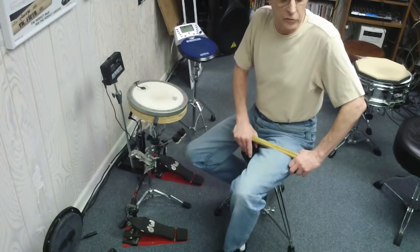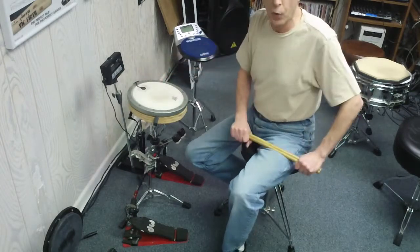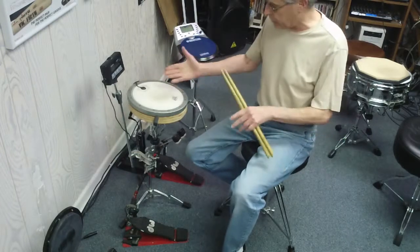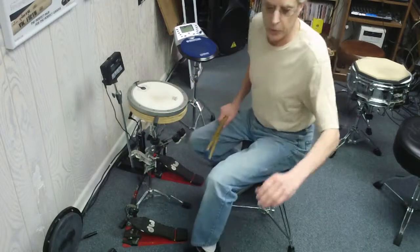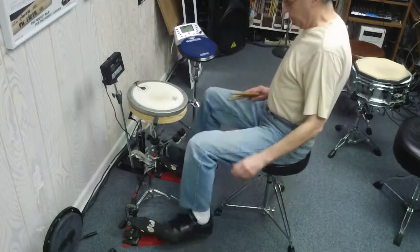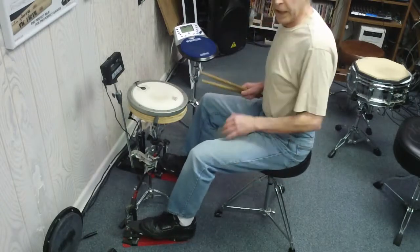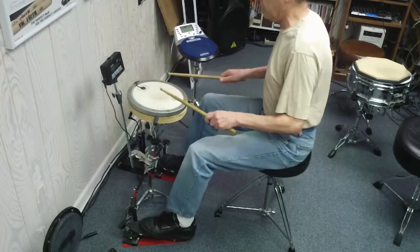So 20 times 16 comes out to be 320 strokes. When the Drumometer reaches 320, I've completed one line. It just helps me not having to count. I can concentrate on my hands and my feet. So here's an example. If I'm playing at, say, 70 beats a minute in cut time, and let's say I play line 1, which is an alternating pattern. It'd be 1E and 2E and